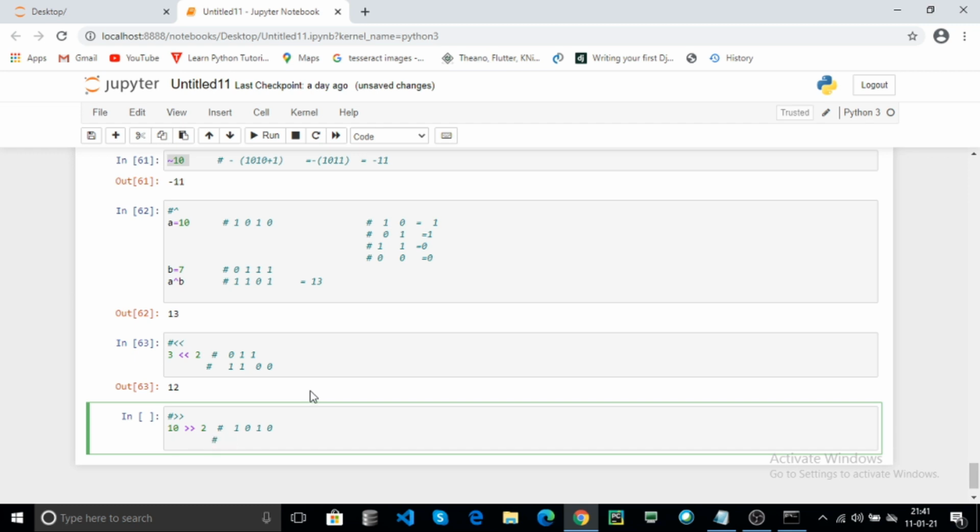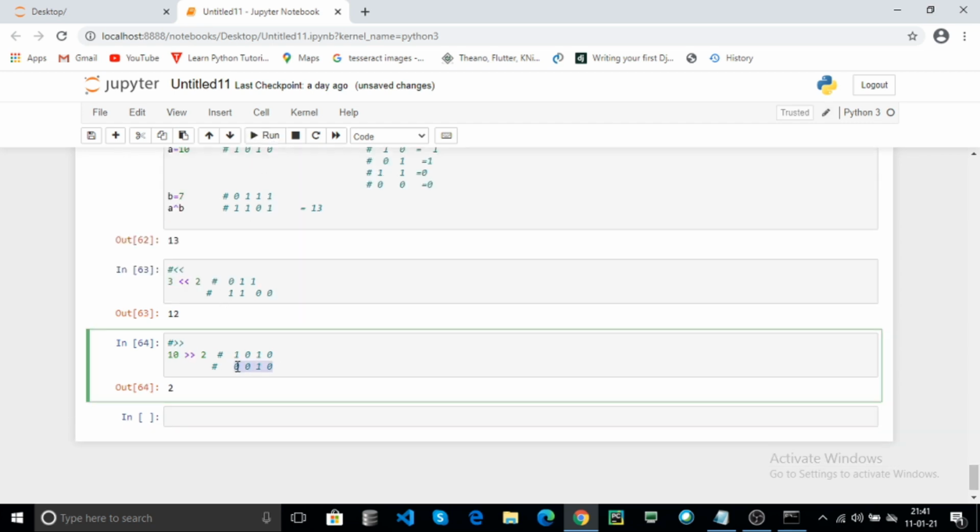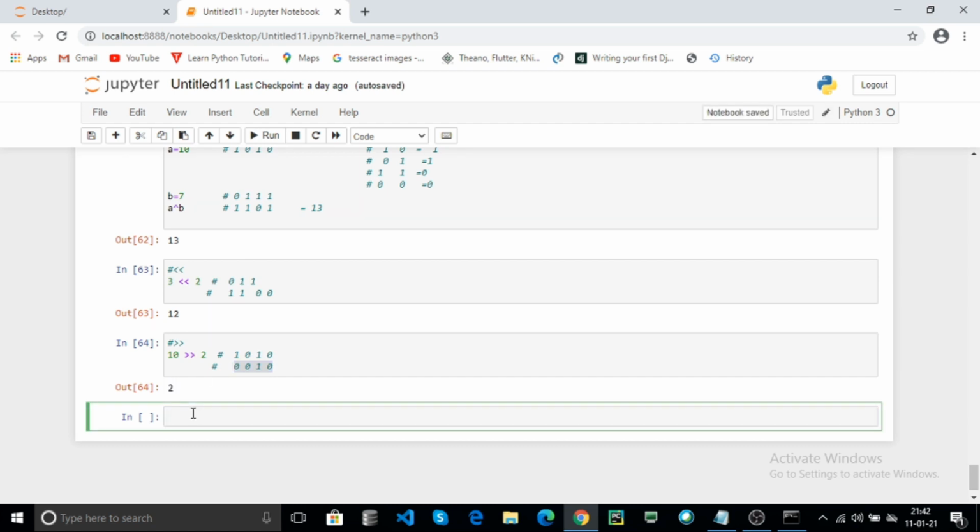It shifts the 2 bits from left to right. For example, 1 0 are the 2 bits, replace with 0 0 and move the 1 0. Click on the run. The 0 0 1 0 is equal to 2 in decimal. Now these are the basic bitwise operators.